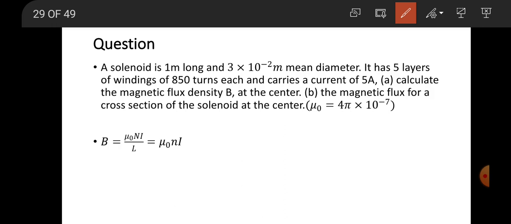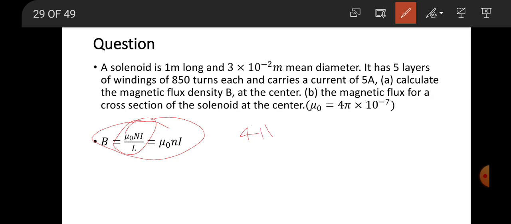Then the B part says we should calculate the magnetic flux for a cross section of the solenoid at the center. Okay, that is not a problem. Let's see here. This is the formula we are going to use. We have B equal to mu naught N I all over L. Here we are given the number of turns and the length, so we'll rather use this. Now your mu naught is